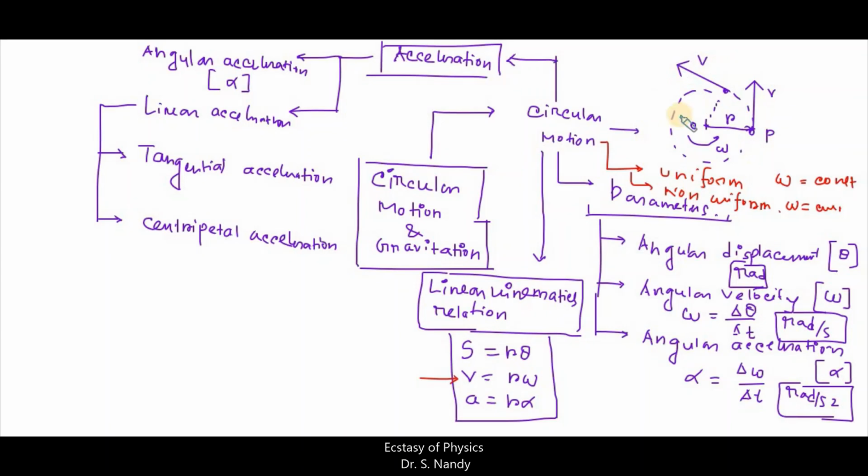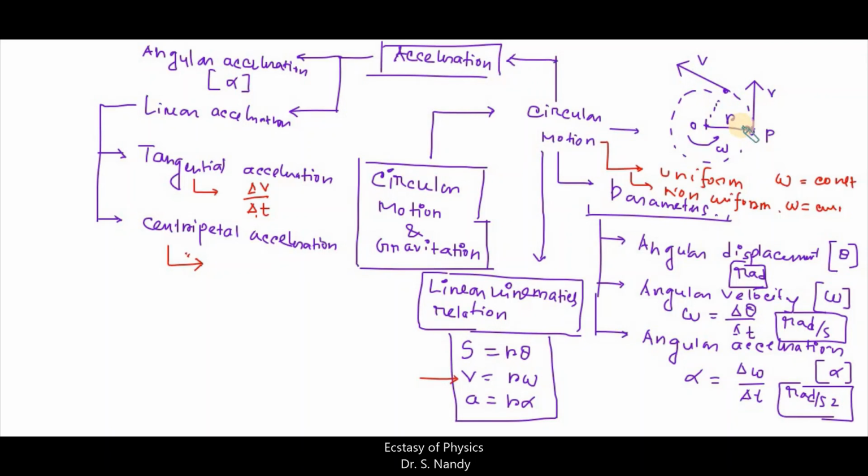So from there we can say that in case of uniform circular motion, there is no change in the magnitude of the tangential velocity, and the tangential acceleration, which can be represented by delta v upon delta t, only exists for non-uniform circular motion. In case of uniform circular motion, that delta v upon delta t becomes 0. And the centripetal acceleration will always be there in uniform or non-uniform circular motion, since the velocity is continuously changing its direction.